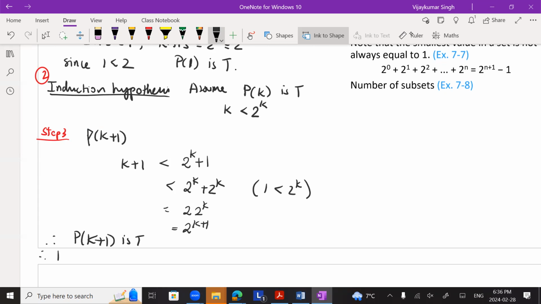And therefore, by the principle of mathematical induction, that's what it's called, Pn is true for all n in